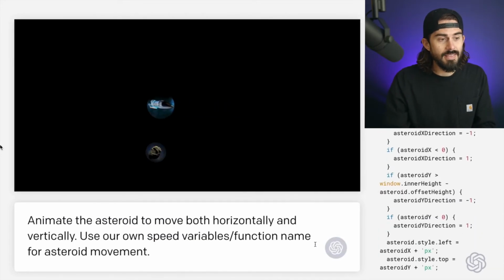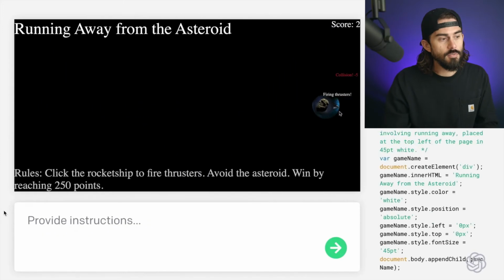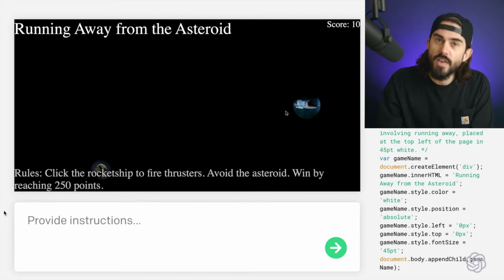Later, once you've added the asteroid, you animate it. And of course, the rocket ship needs blasters to help with evasion. I'll stop there because you probably get the idea of how this system works, but you should definitely check out